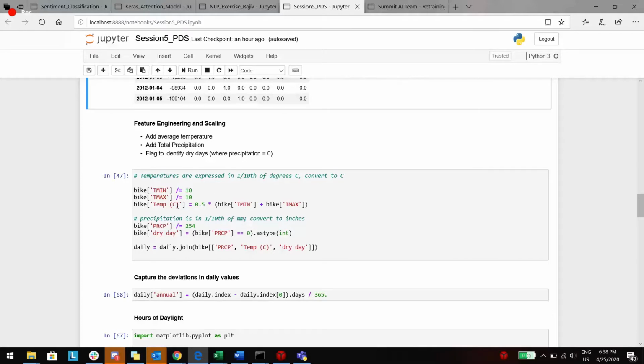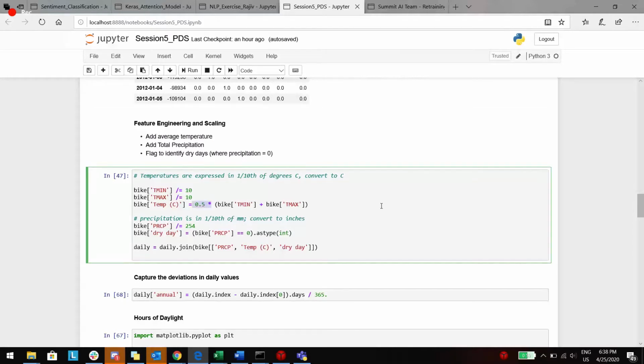And we are also taking the average of the temperature. We are adding the average temperature, so we are adding T min and T max and taking the average of that. That is nothing but multiplying by half or dividing by 2, both mean the same.